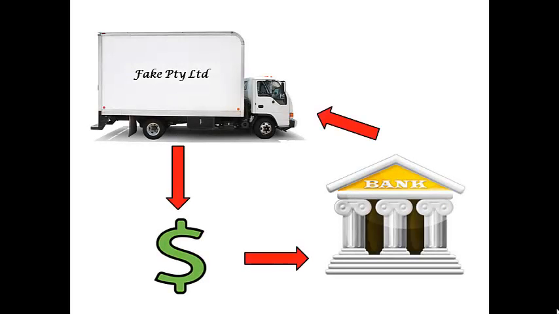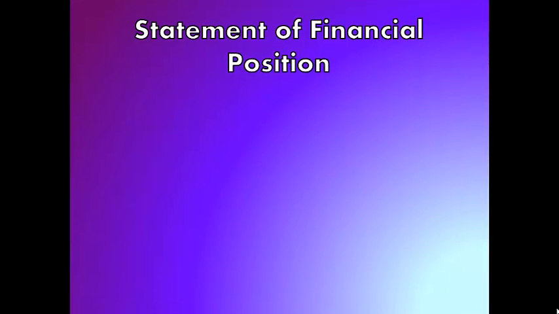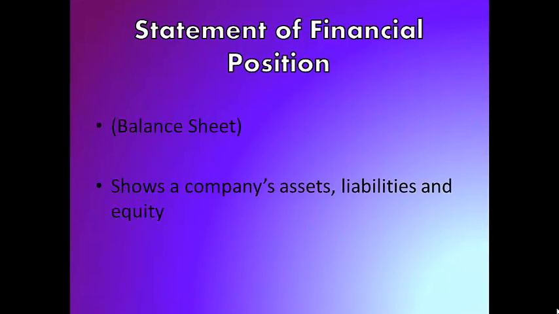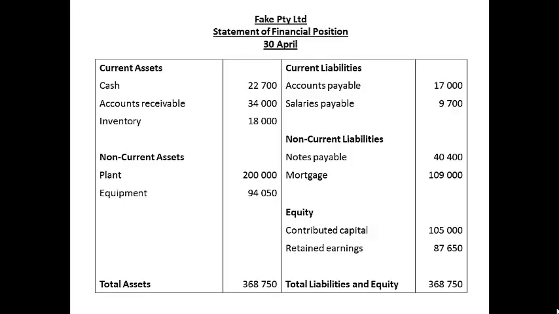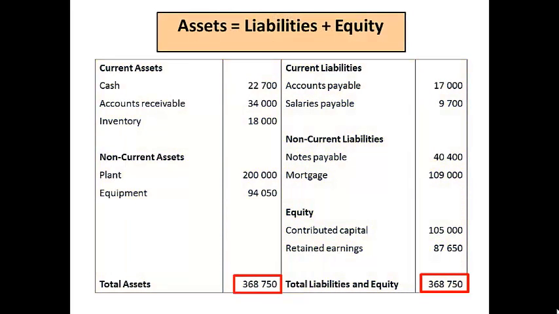Another important aspect for a business is making sure that the business is aware of what it owns and what it owes. The statement of financial position, or balance sheet, shows just that, displaying a company's assets, liabilities, and equity for a point in time. It is home to the accounting equation: assets equals liabilities plus equity. Here we can see that assets are specifically current or non-current, as are liabilities. This side must always equal this side, in order for the accounting equation to be in balance, hence the name